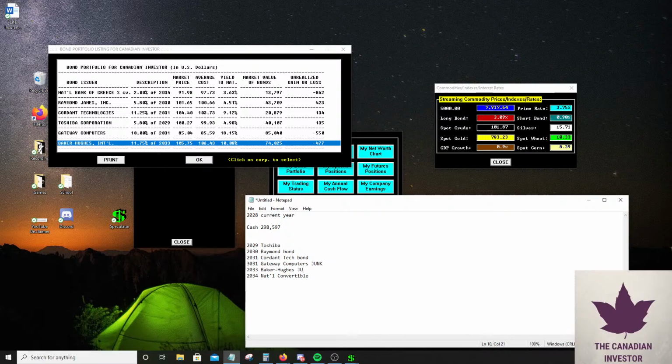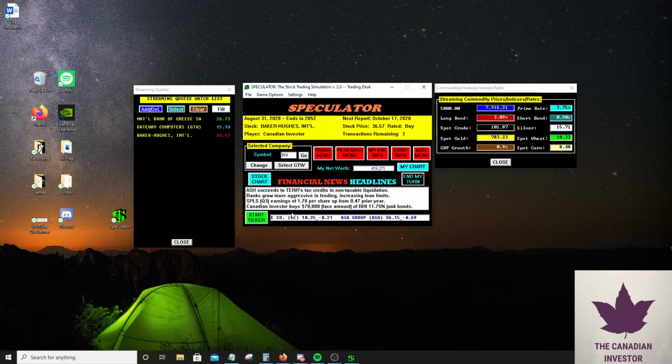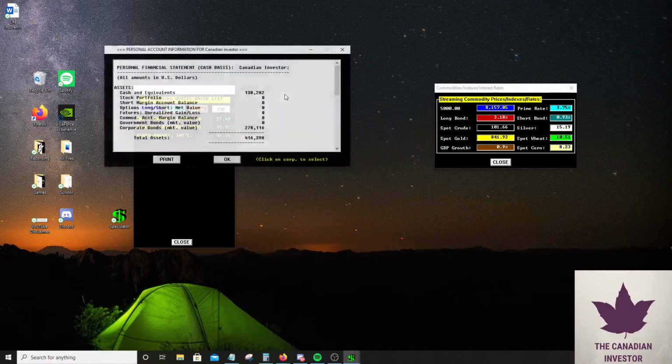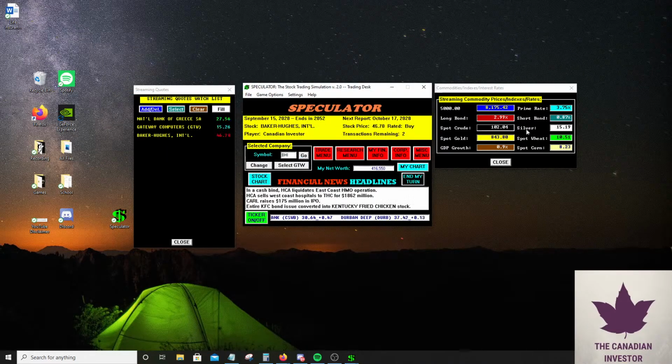So these two are junks. So I'm gonna have to watch these two like a hawk, because potentially I could make a lot of money off these junks, or I could lose a lot of money off these junks. But as you can see, the yields to maturity are so much higher, which potentially is a great idea for me. But they're considered junk, so it's pretty unlikely I'm gonna get my money back unless the company makes a giant turnaround. That's why I didn't want to put my entire money into Baker Hughes bonds. Plus, I'm pretty sure that interest rates are likely to go back up.